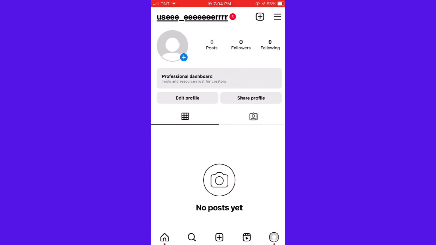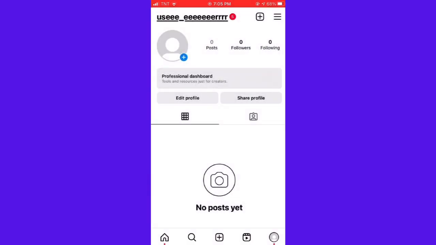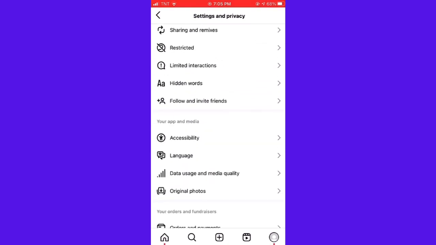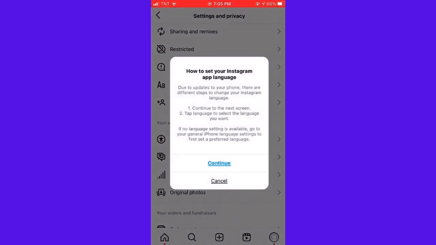So let's get started. So first, you want to open your Instagram app and then go to your profile by clicking the profile button on the lower right side of your screen. After that, go ahead and click on these three little lines on the upper right side of your screen, then settings and privacy. Scroll down until you see language and then click on it, and then it says continue to